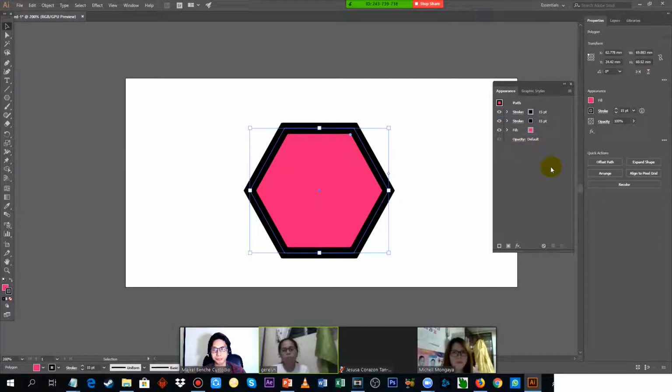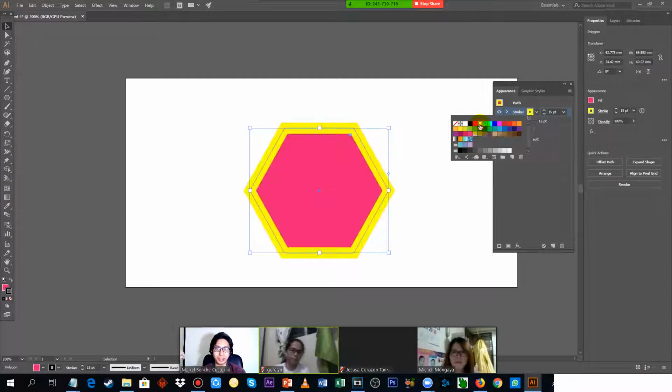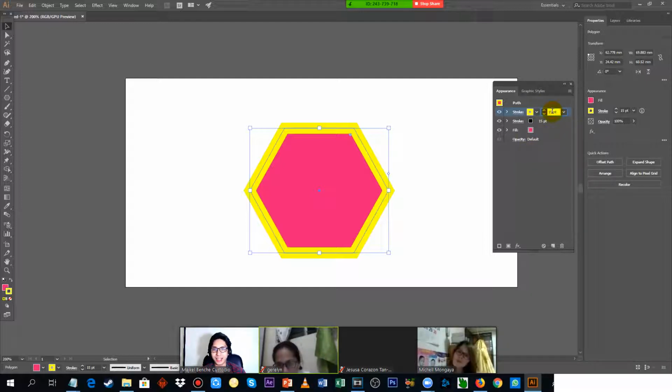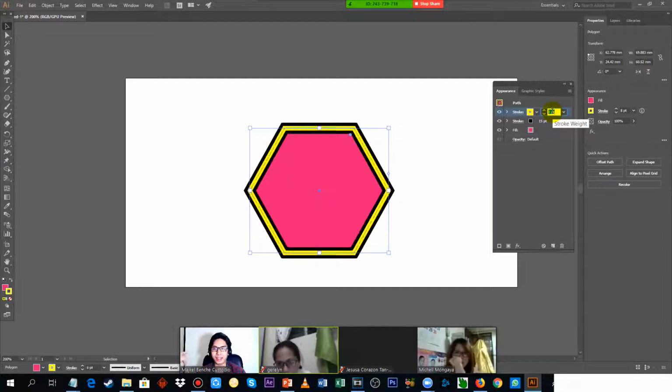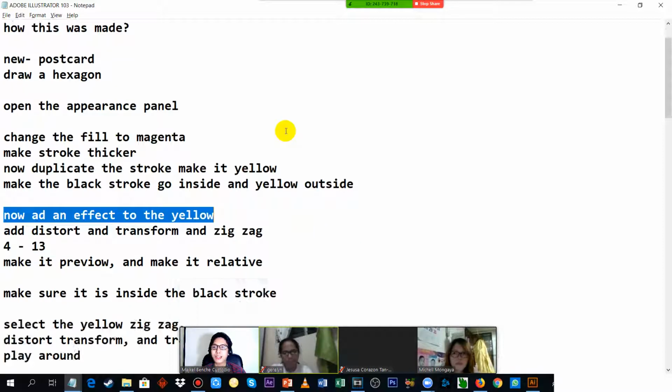Now, again, golden rule in Adobe or Photoshop or Illustrator, kung ano yung nasa taas, yan yung superior. Are we clear? So I'm gonna change the color ng nasa taas into yellow. No, i-yellow ko siya. And as you can see, yellow na siya. Okay, itong yellow, paliitin ko siya. I'm gonna edit the size, scroll down, at as you can see, nandyan lang si black. Are we clear? No? Okay, so what I'm gonna do next is, I'm going to add an effect dito sa